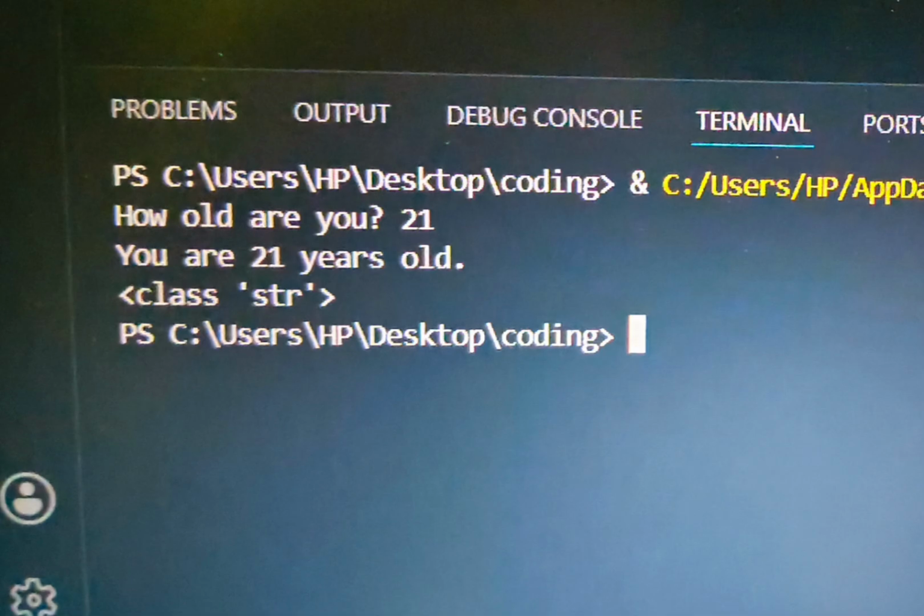I think you have understood now, whatever I'm saying about the input and the type of data which the input function takes. Simply you have to understand only one thing, that the input function takes any type of data from the user and stores it in the form of string data type. But if you want to change that data type, you have to use typecasting, which I have discussed in my